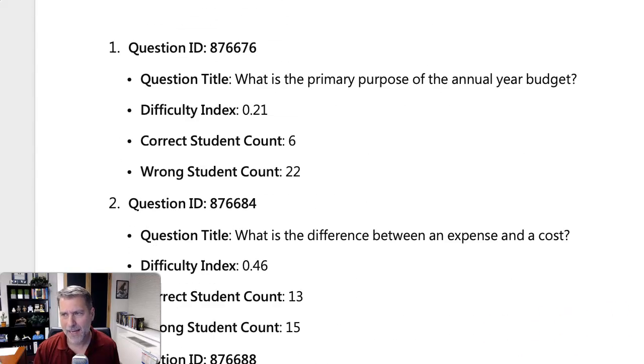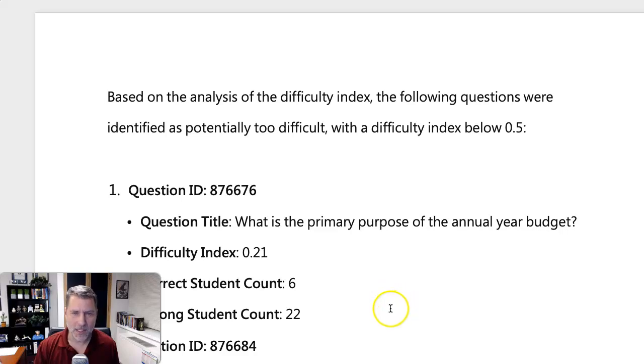Were there any bad questions in the exam? Bad questions for me is anything where half of you have missed it. If more than half of you have missed that question, I want to really look at it and see if we're going to toss it out. So with that analysis, there's a difficulty index, but that's basically fancy words for did more than half of you miss that question. There were 7 questions where more than half of you have missed those.